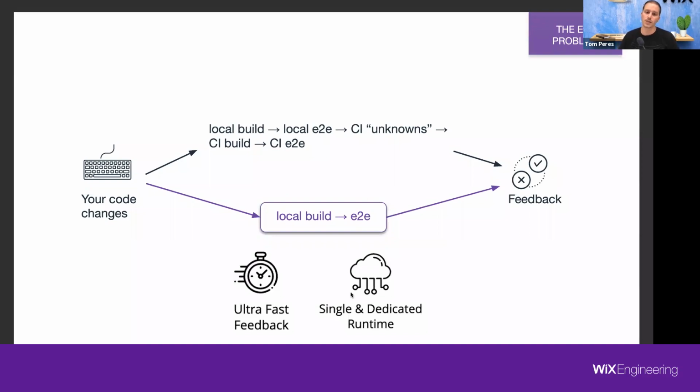Now, the second part was we understood that because we want to skip basically the CI, again, in an ideal world, we would like to skip CI, then the end-to-end has to be run on a single and dedicated runtime. When I say runtime, and I hope most of you understand me, but I'll try to be clear, I'm talking about the machine or the environment that the actual physical browser would be executed on. Because we're talking about end-to-end tests, we obviously need a real browser to be executed on, meaning either a real machine, which is obviously not relevant in the 21st century,